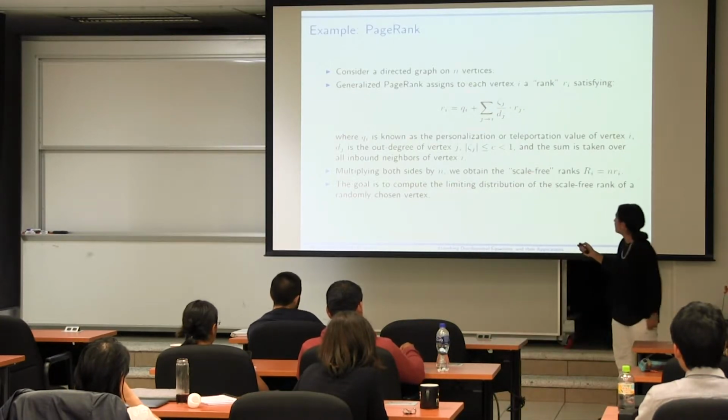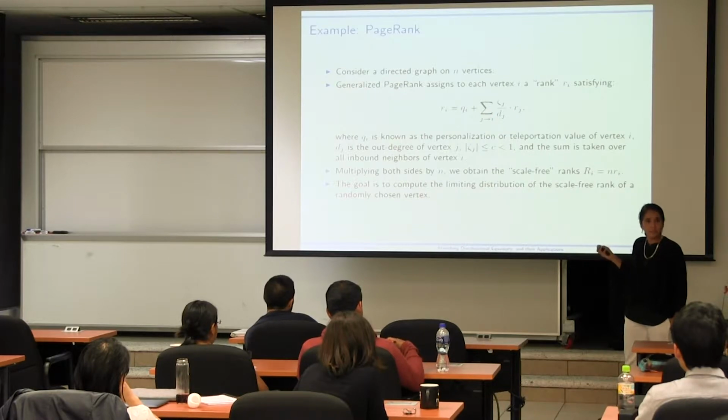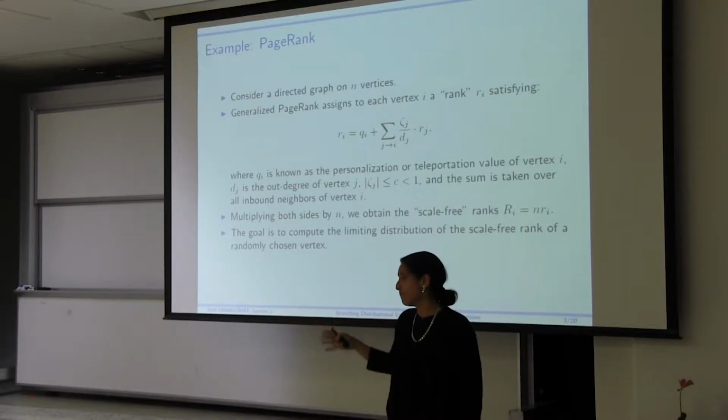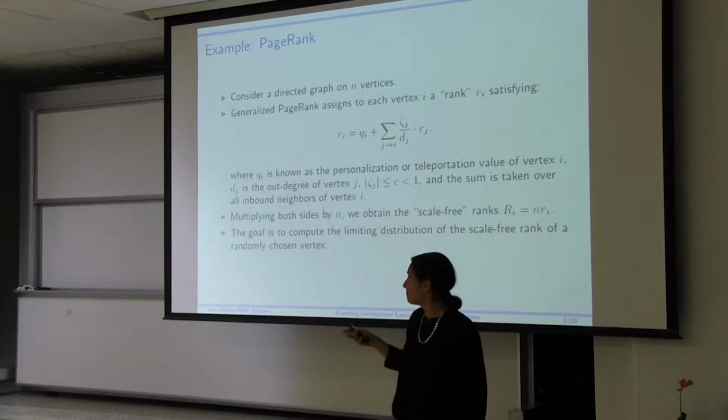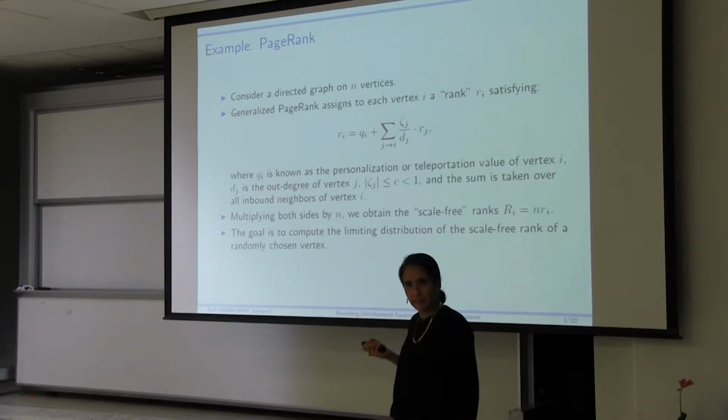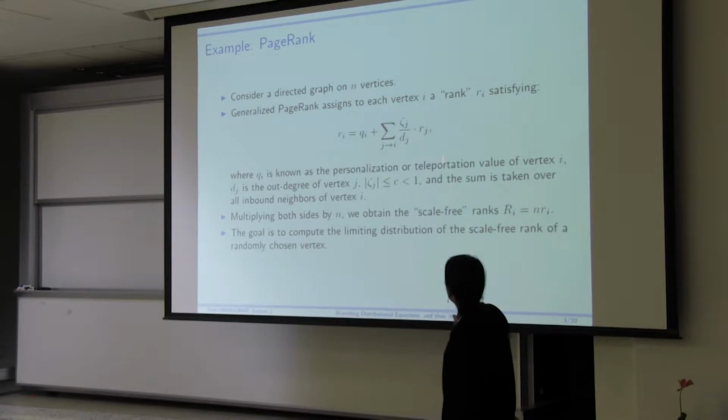So the idea is, this is just a system of linear equations, and it's roughly in the tens of billions at this point. So it's a very, very large graph. It's a sparse graph. The number of arcs is of the same order of magnitude as the number of nodes, or the number of vertices. And the idea is you're going to solve this. And once you solve it, you have these ranks.